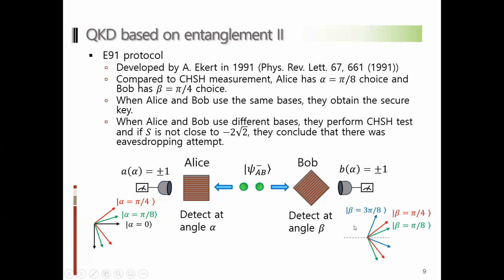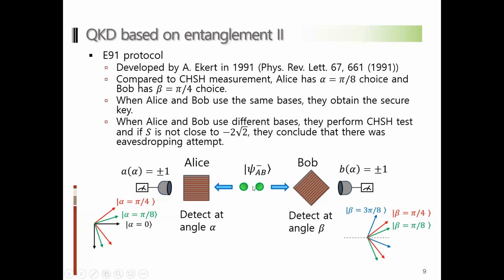So whenever their choices do not match each other, they can use the remaining data to verify that the state generated by Charlie is really the psi minus. If they measure the CHSH value and it does not violate the hidden variable limit, the classical limit, then they might